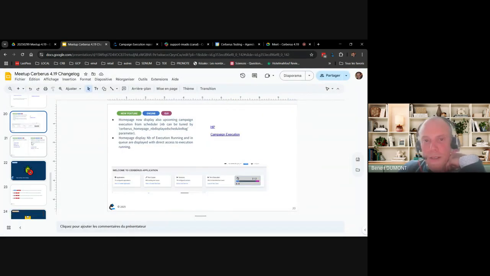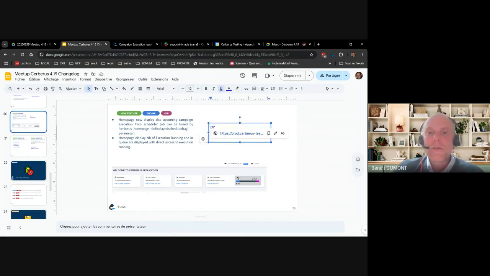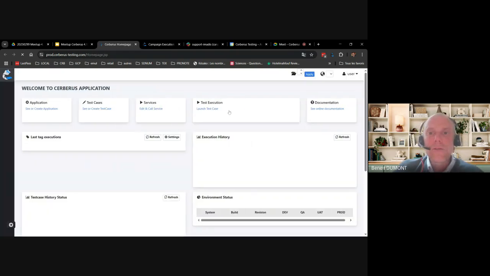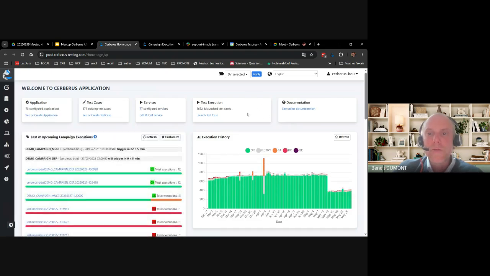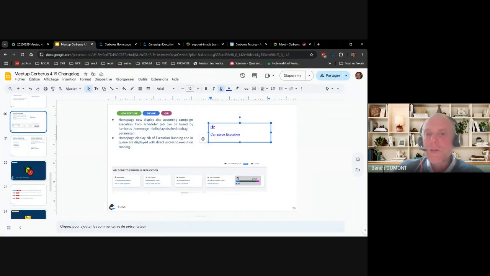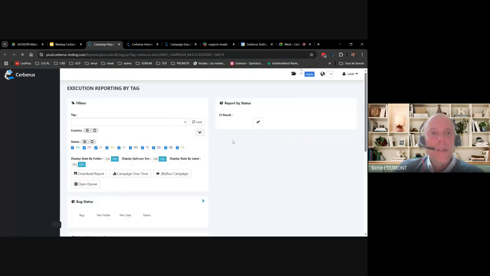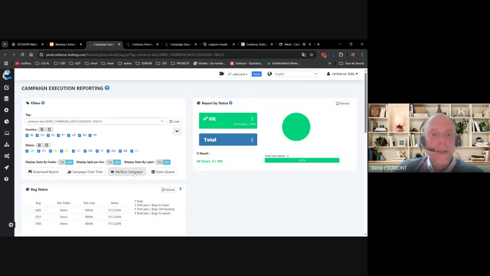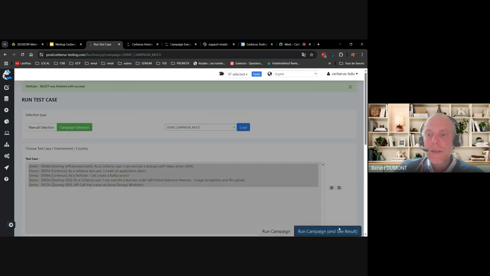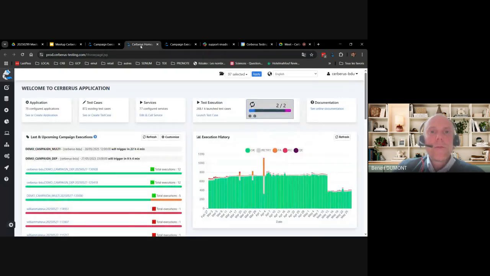Next one, the home page. We have added a small widget on the home page that displays currently running executions. To illustrate, I will take a campaign and run it. And when the campaign executes, we see that we now have a widget that automatically refreshes, with no need